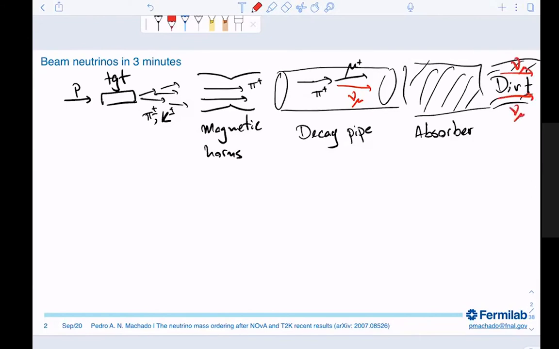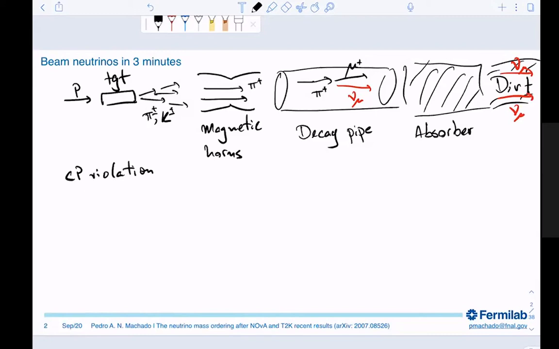Of course, life's not perfect. Some pions will decay to muons, but then the muon will further decay to nu mu bar and nu e. Also, sometimes you produce kaons, and kaons also decay to nu mu bars and nu e's, etc. So you always have some contamination here. But the deal is, you produce these guys, and now you have a beam of mostly nu mu's. And one of the major things we want to measure is CP violation.